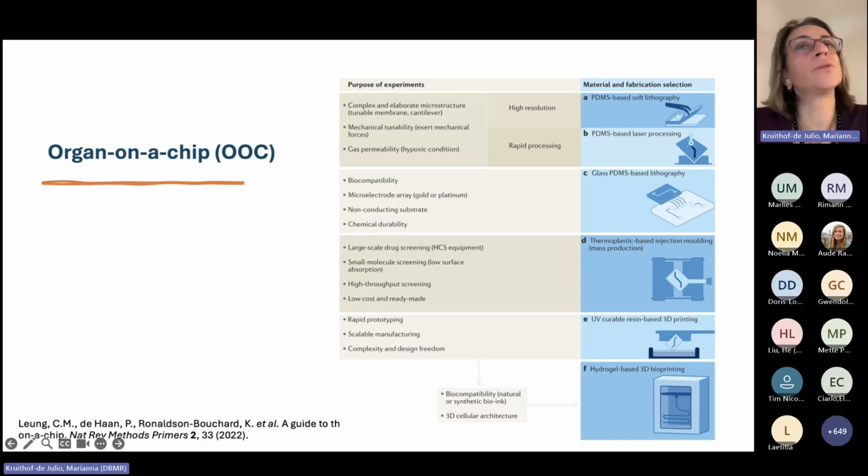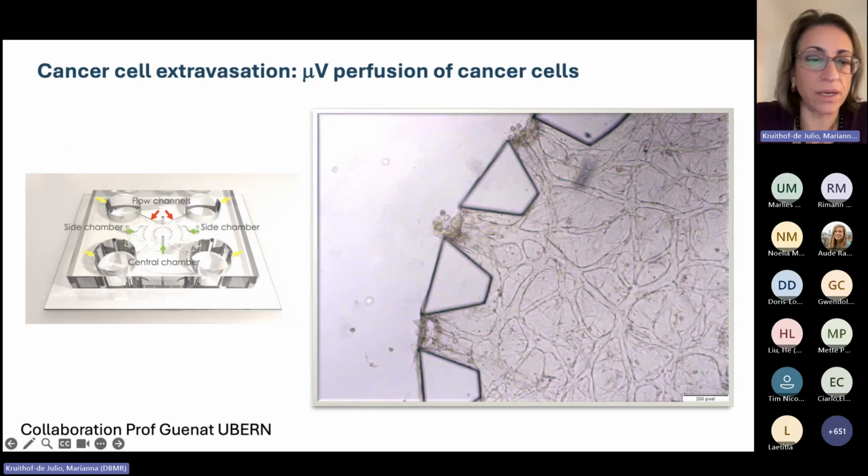You can be the end user, which is the person that actually uses the chip, but the whole process of fabrication and development of the chip requires different set of skills, at least that I have. So one of the things that we have done is that we went to the engineers in our talk, in particular, Professor Winan, and he has developed a